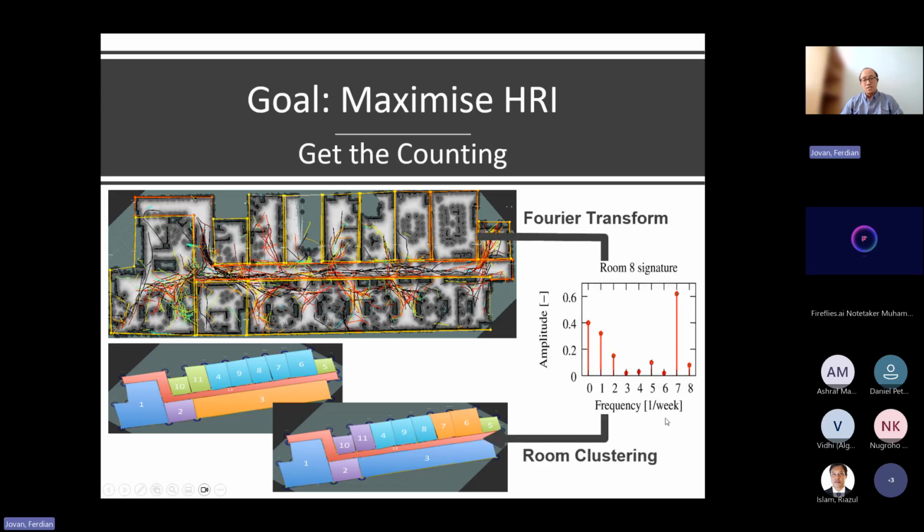And actually, with this information as well, because we have a room signature for each room, we can also use this room signature from the frequency domain as features. Because we hypothesize that similar rooms will have the same characteristics in terms of prominent frequencies, we tested that with a simple clustering algorithm. As you can see here, we have the real office plan, and we have the clustered office plan based on the features from the frequency.